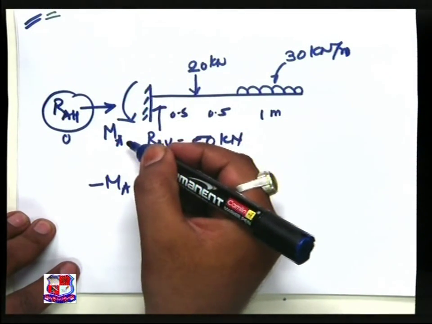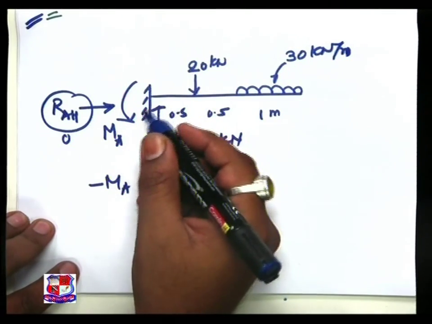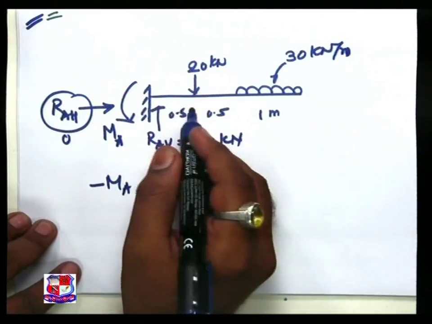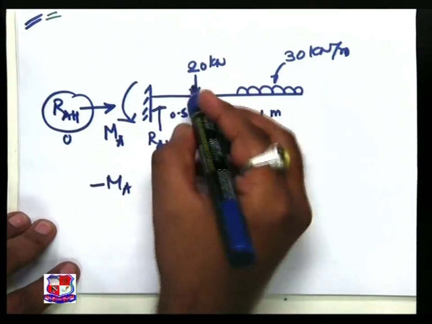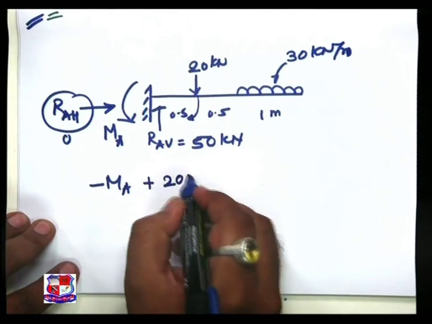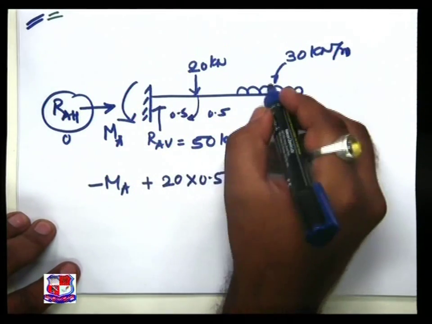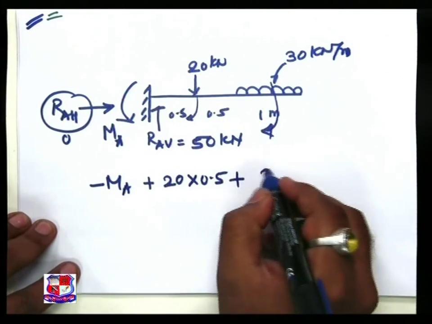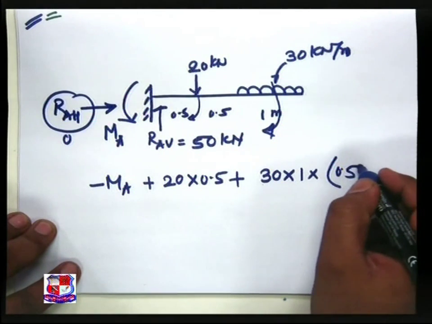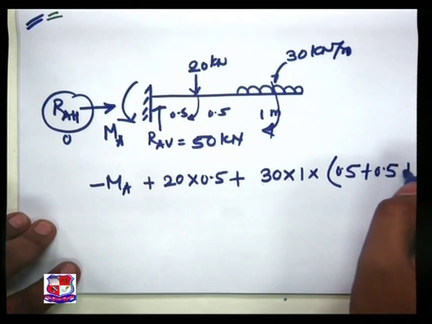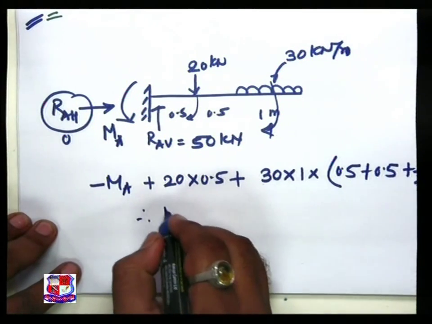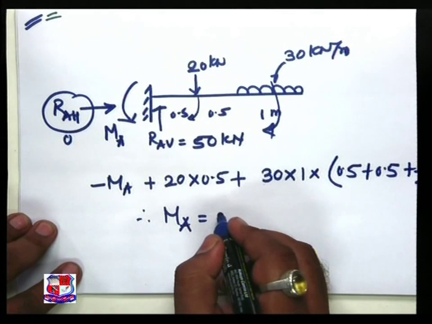You may assume clockwise also, because this is a question of assumption, and if the final sign comes negative, then we have to change the direction of the sign. Then this creates clockwise, then plus 20 into 0.5, this creates also plus 30 into 1 into 0.5 plus 0.5 plus 1/2 is equal to 0, and MA is equal to